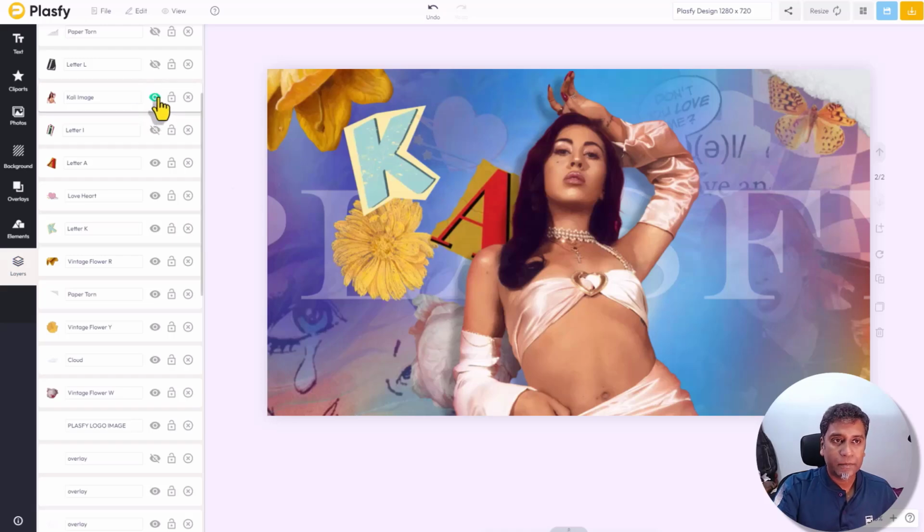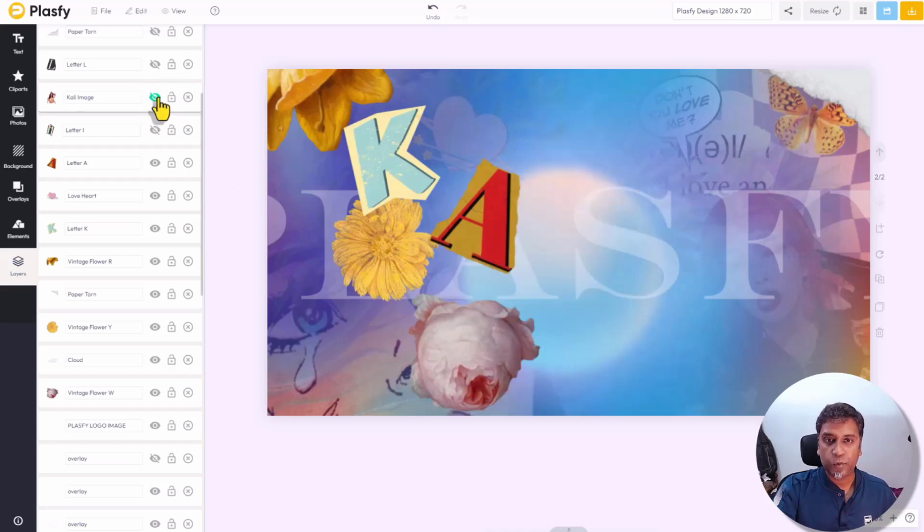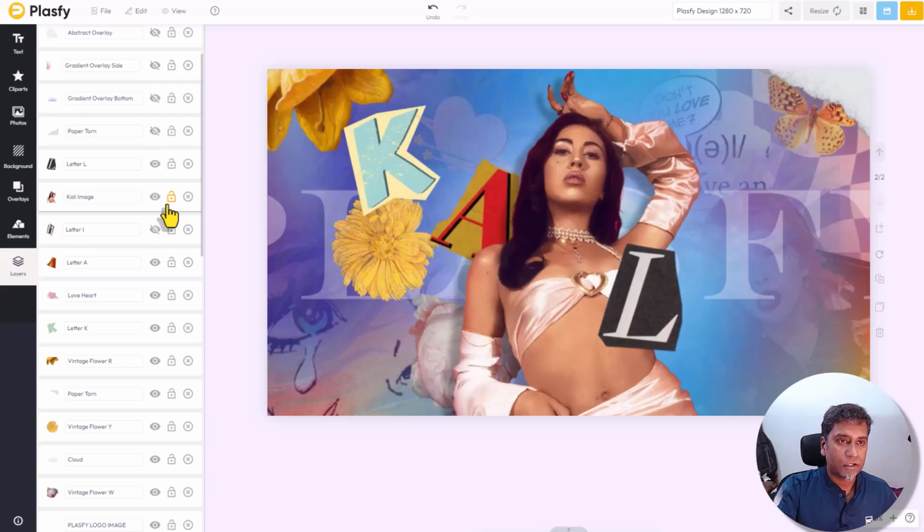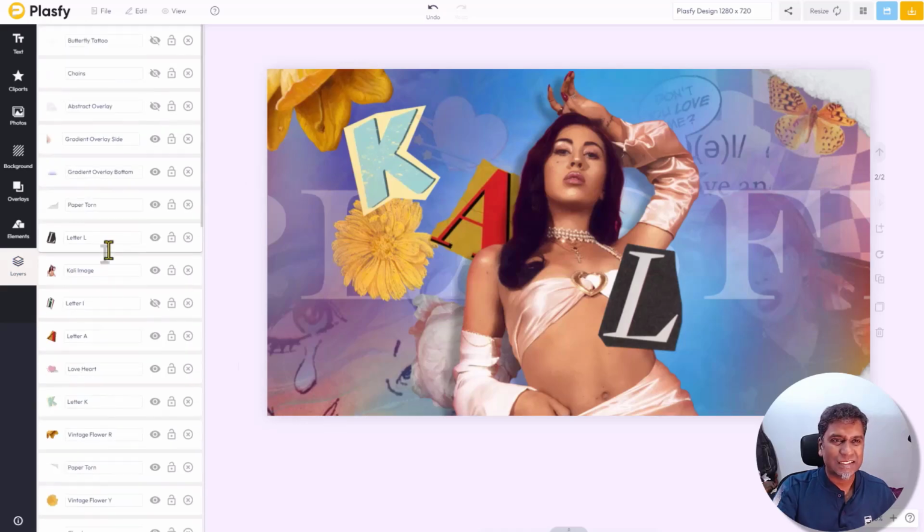Then we have her image. So if you remove the image, this is what it looks like now. You have the image, the letter L on top of her, and we should have the I, which is coming up soon. Then we have another torn paper texture here, the accent is there. We have another gradient overlay at the bottom. Okay, and then one more at the side here, just giving in those little touches, the subtle hints to change the look of the image.